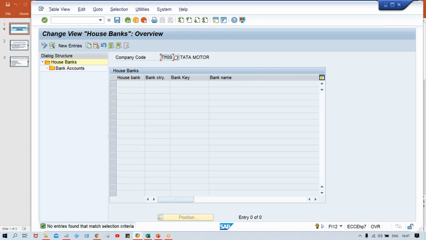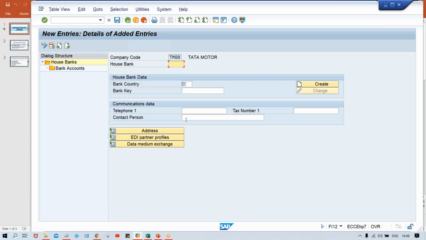House bank means multiple house banks could be there, guys, in a particular company code. If you talk about the payment transfer, of course, it is going to be transferred from a particular bank account, right? So if you talk about organizations, let's suppose Tata Motors, Tata Motors will have several bank accounts. So several house banks can be created. Here, I'm going to set up one house bank, and then we'll show you how to perform the mapping, in the sense how it is going to be mapped with APP, automatic payment program. So just click on new entry here and house bank.